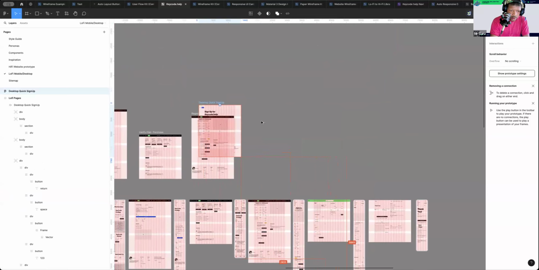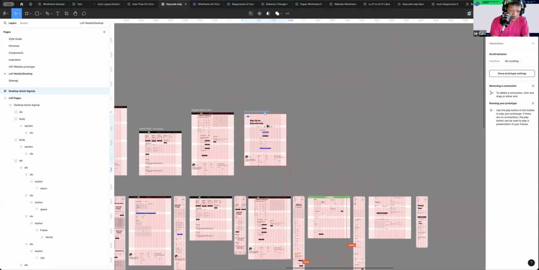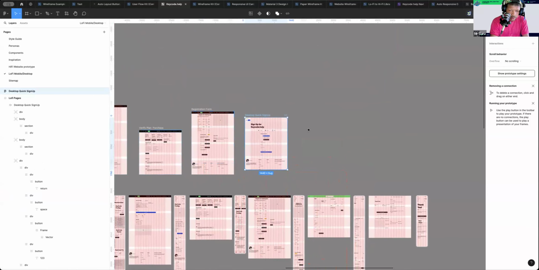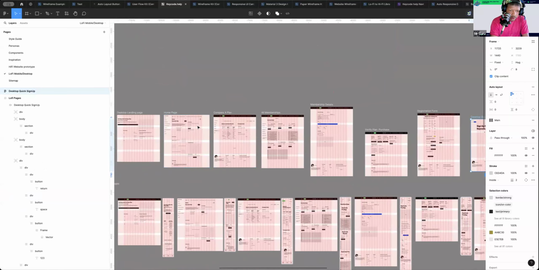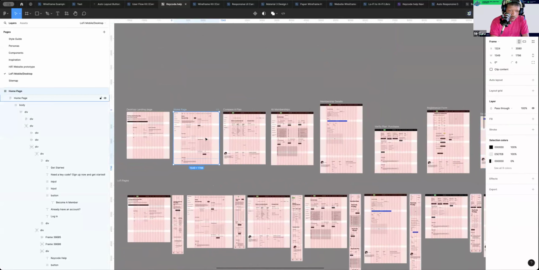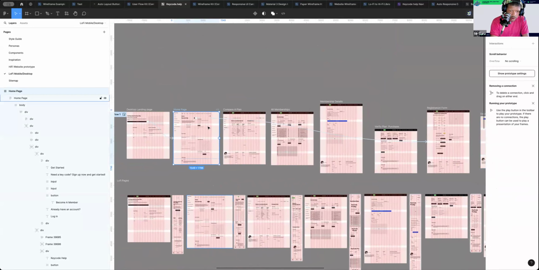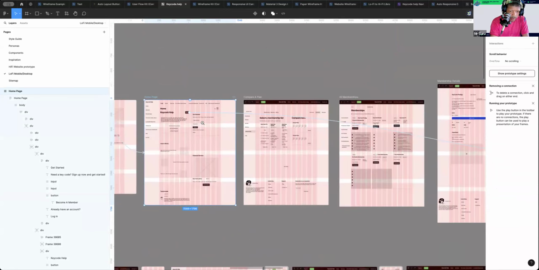All right. Add it to the rest of these pages here. And then Shift E to get back to my prototyping. And back to this page. Shift E, my man. All right, so now we're going to take this, become a member. But when they click that, they can have an interaction. On click, navigate to a page, which is going to be